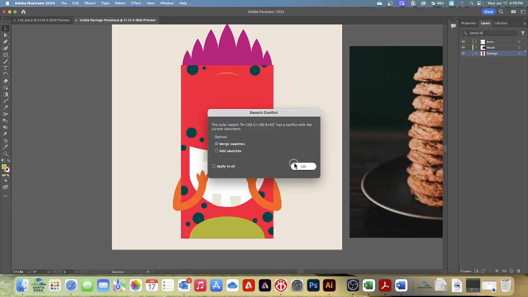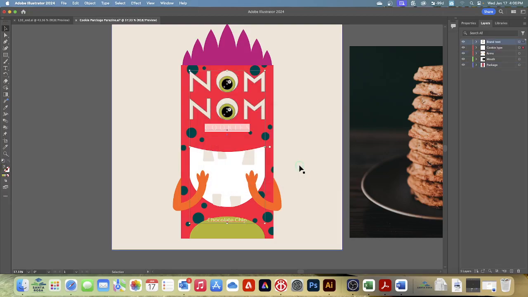and then click OK. There's at least one color in the artwork you're pasting that is the same as the color in the cookie package file. Merging will merge the incoming swatches using the color values of the existing swatches. Now you'll merge the newly pasted layers together. Drag the selected artwork on the artboard down into position,